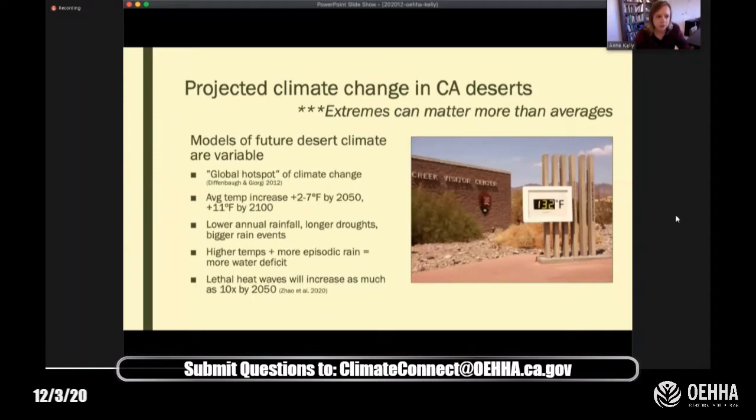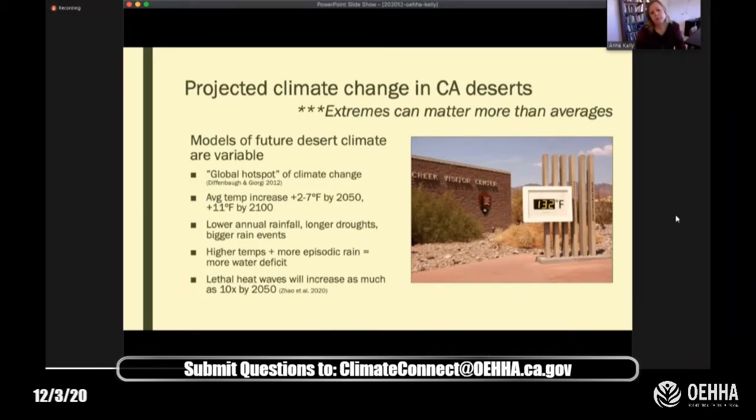The Southwest deserts are predicted to be a climate change hotspot with above average warming compared to the rest of the world. The already high summer heat is expected to increase by a few degrees in the next 30 years, and as much as 11 degrees Fahrenheit by 2100. Rainfall predictions are uncertain, but rainfall is generally expected to decrease a bit on average. Again, on average. Heat alone induces faster drying of vegetation, causing what some call a climatic drought without any change in rainfall. But with hotter temperatures and less rain, vegetation is really going to suffer a double whammy of drought stress.